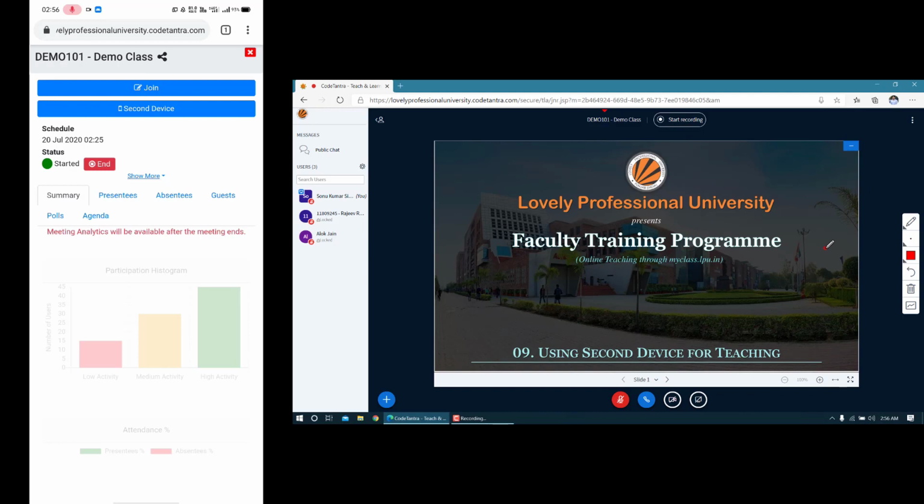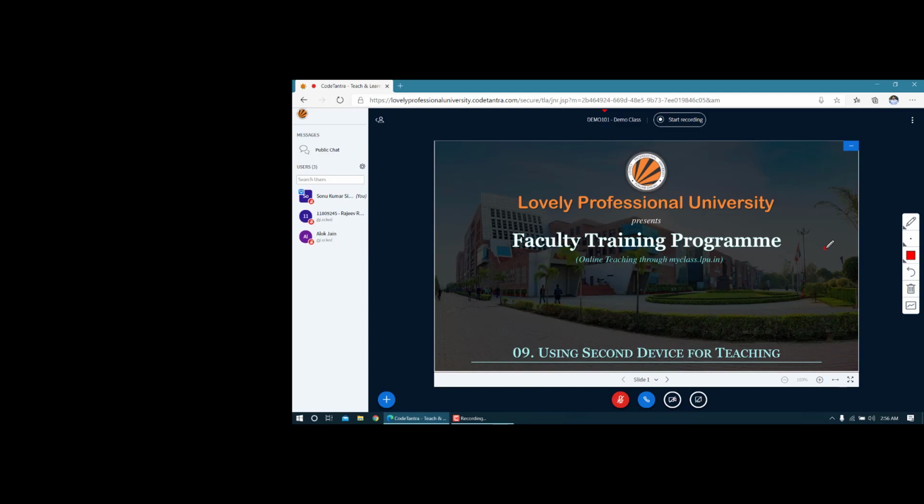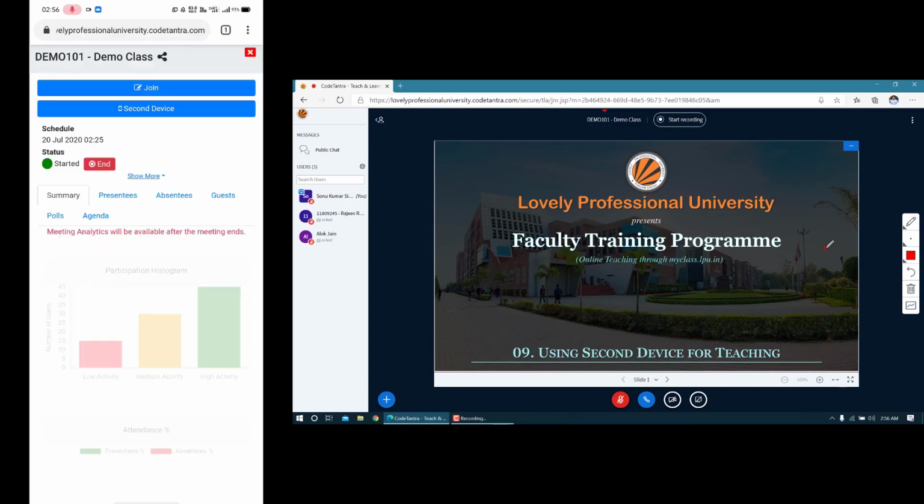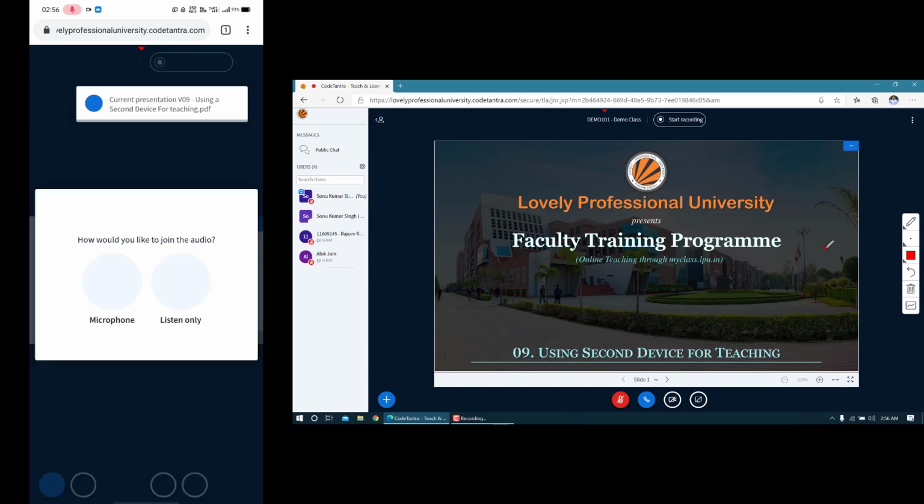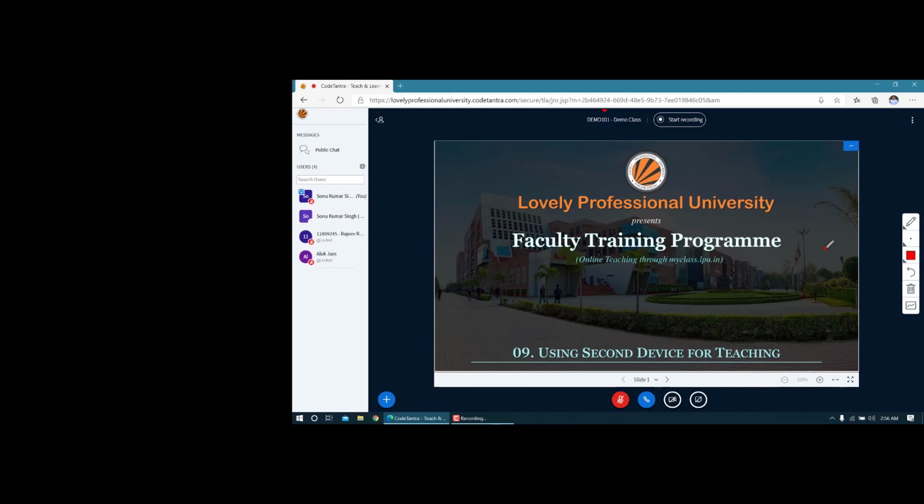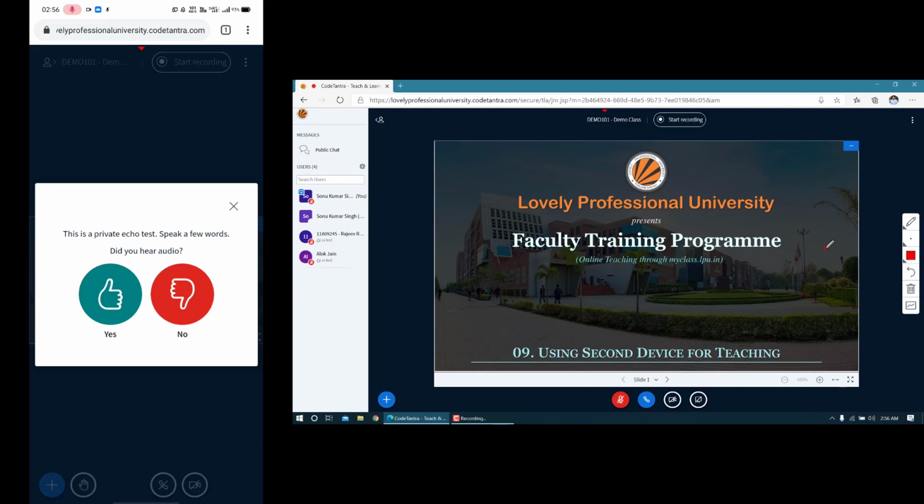Since I have already logged in to the portal using my laptop through the join button, the next thing I'm going to do is join with my mobile phone through the second device option. So I'll click on second device. Now it will ask for certain permission. I'll grant them. I'll speak something, and I can hear it back. That means it is working properly. So I'll click yes,